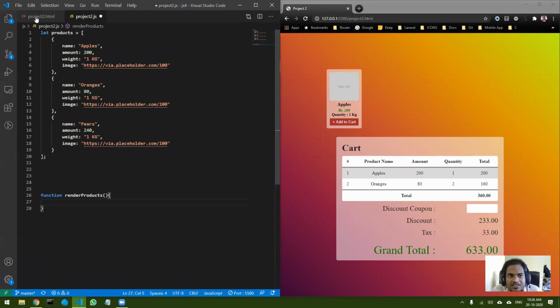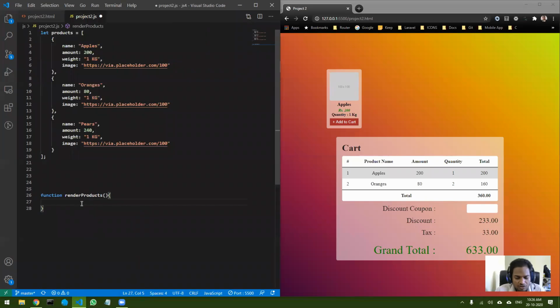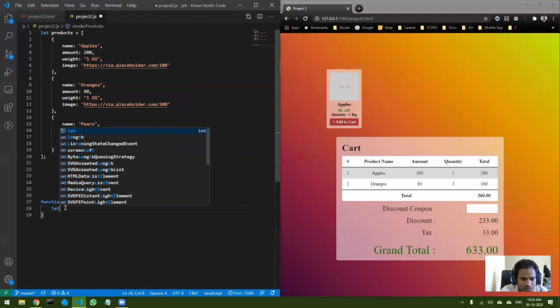After doing that, first of all, let's select this particular DOM, the products DOM. Let's select that DOM outside of the function. Now you could have selected it inside also. Let me show you.